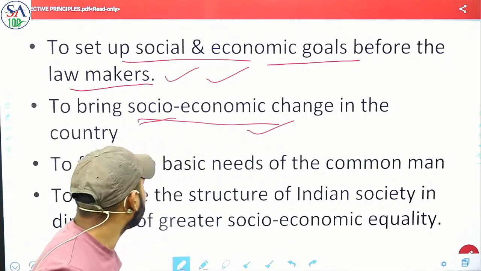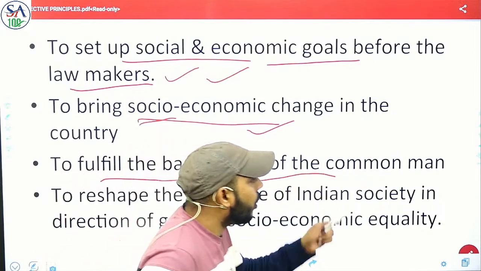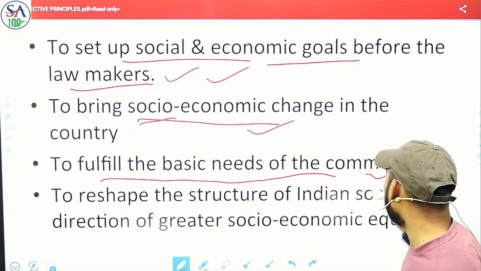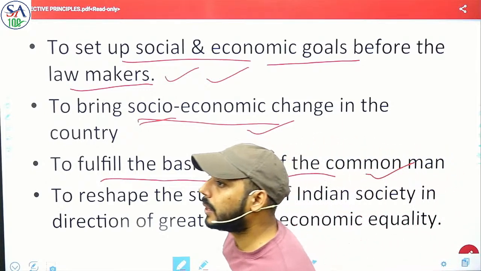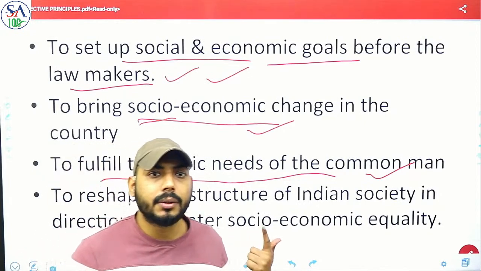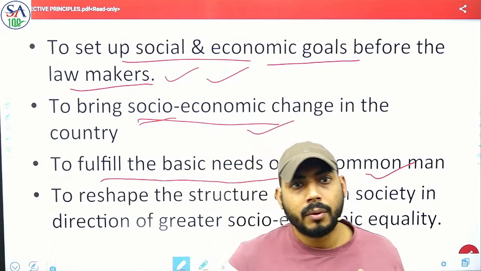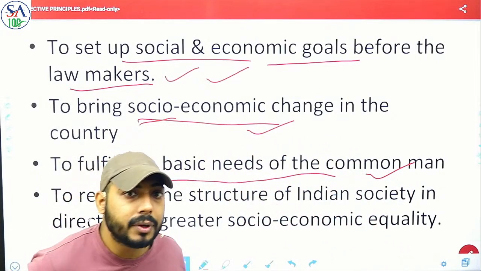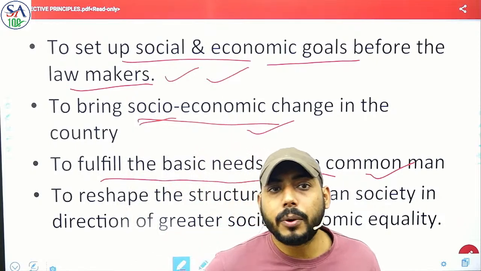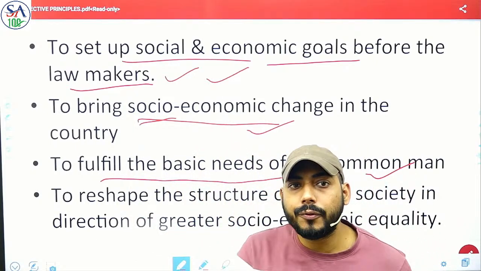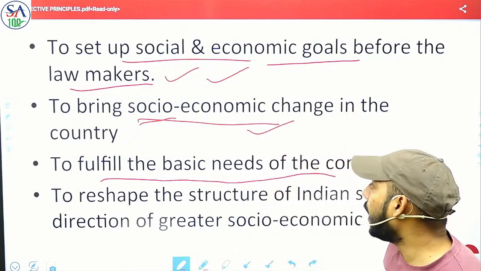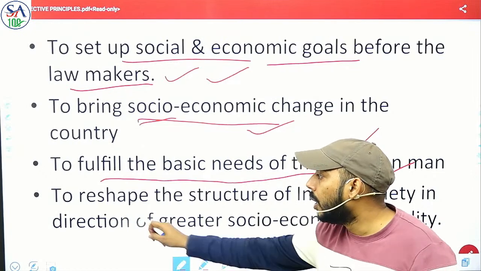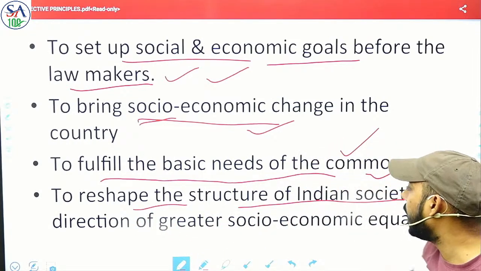Next target is to fulfill the basic needs of the common man. For instance, what are the basic needs? Food, shelter. These are the basic needs, and if a person has to live a life with dignity, that is provided by Article 21 of the Indian Constitution. So that basic need has to be fulfilled by the state to reshape the structure of India's society in the direction